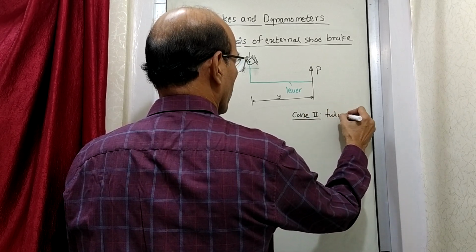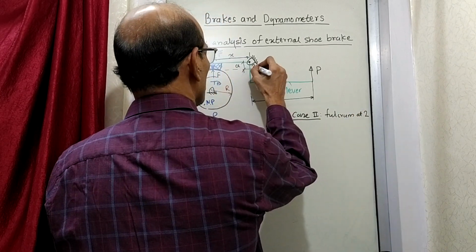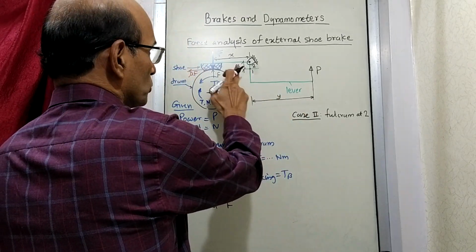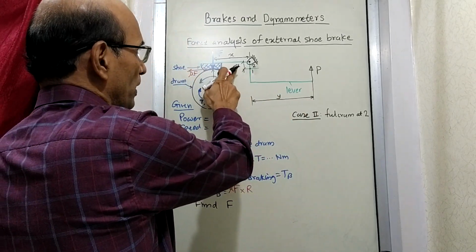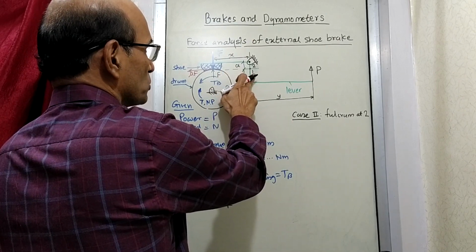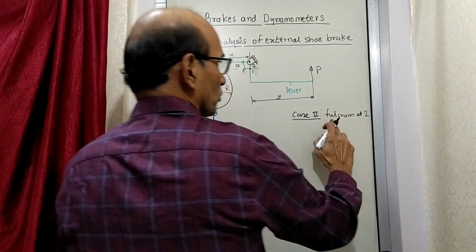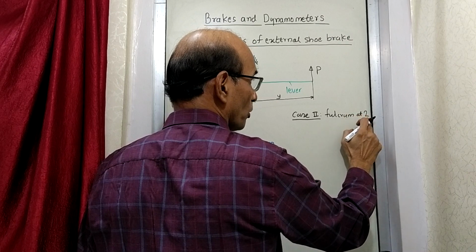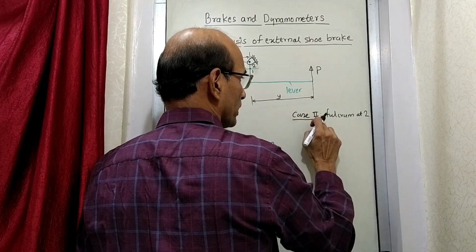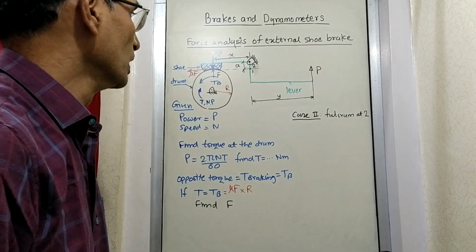Fulcrum at 2. I'll call this point 2. The earlier point was 1. I think I had written the earlier point as A. Make it 1, because we are writing this distance as A. So call the point in the earlier example 1 instead of A. Now the fulcrum is at point 2. Earlier write down case 1 fulcrum at 1, and case 2 fulcrum at 2 now. And the distance is A. Now see what happens.